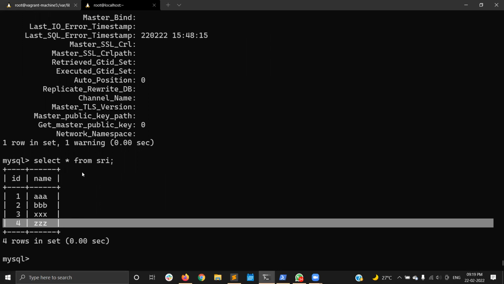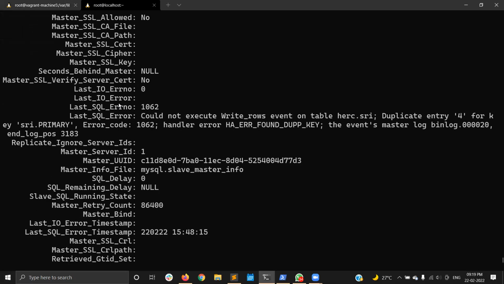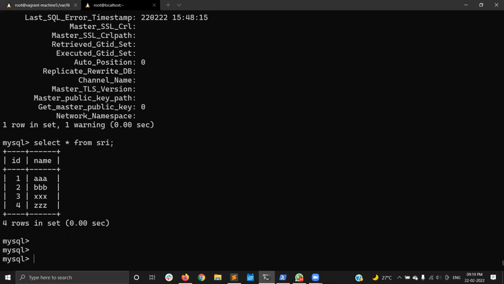You check the table in the replica node and you come to know that ID equal to 4 already exists. So you are getting the duplicate entry error because ID equal to 4 already exists. So what you will do, I mean not you, but what is commonly done,